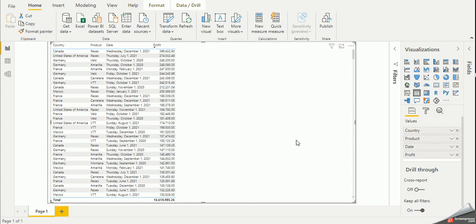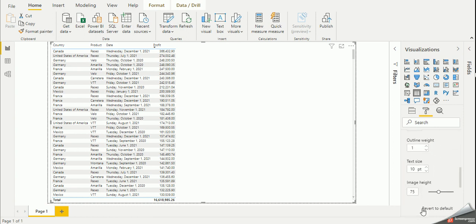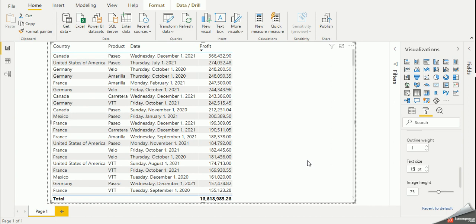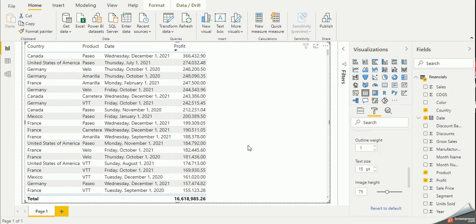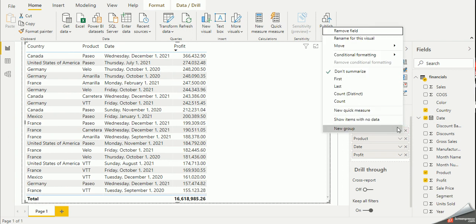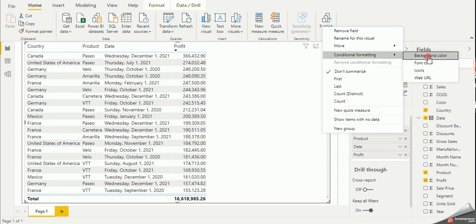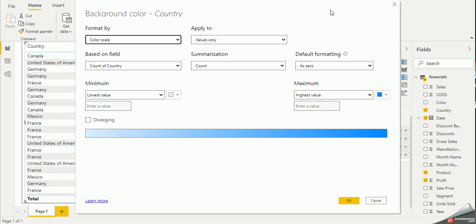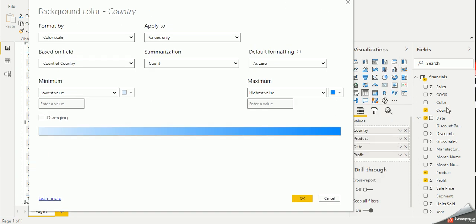There is already data I have loaded, and I have a grid available over here. I'm making it a bit bigger in size so it will be better visible for you. You can see that we have four columns available: country, product, date, and profit. What I'm going to do is apply a conditional formatting, a background color. You can see that here we have already available a